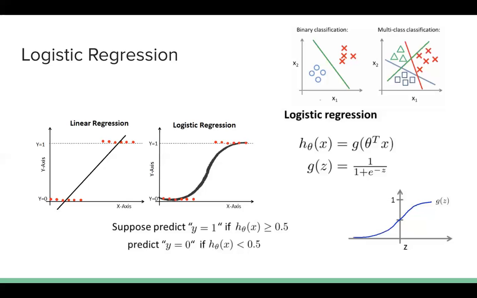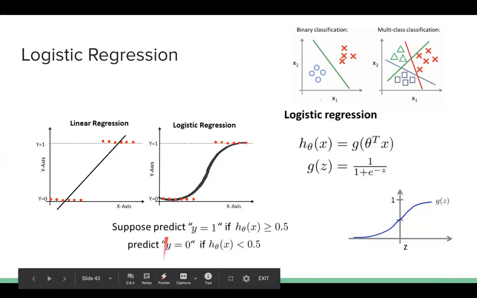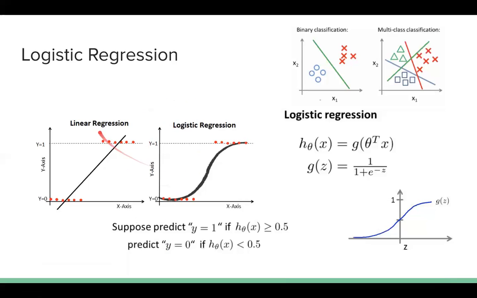So you can see a quick difference between linear regression and logistic regression. Linear regression is where our task is to fit a line through the data, so that when you extend this line, it should help you in predicting the y for an unseen x. So that is our objective.